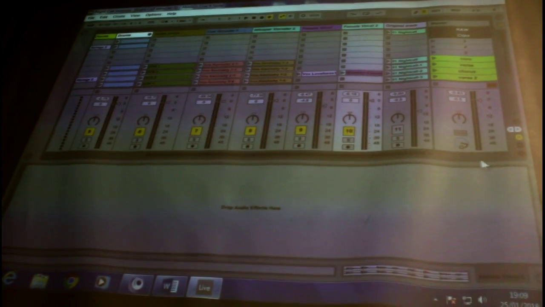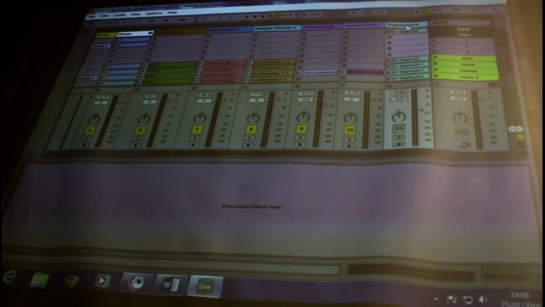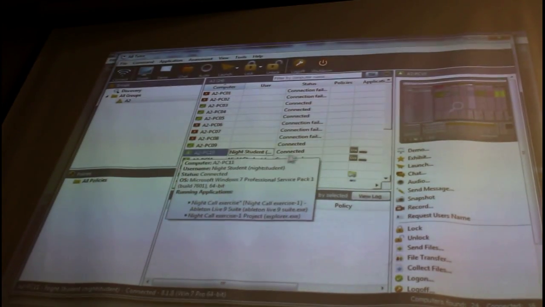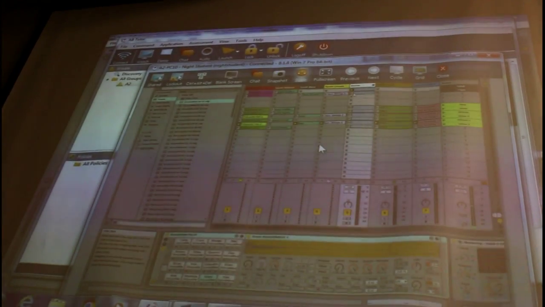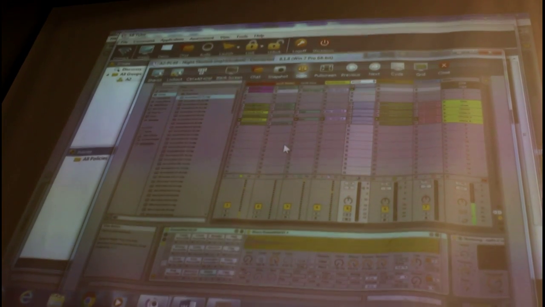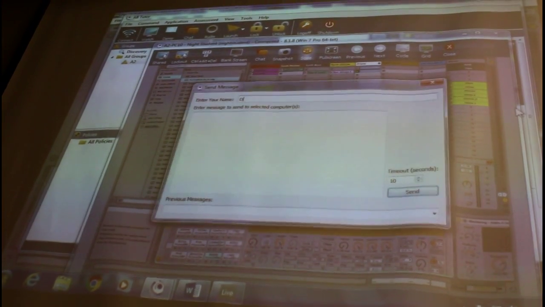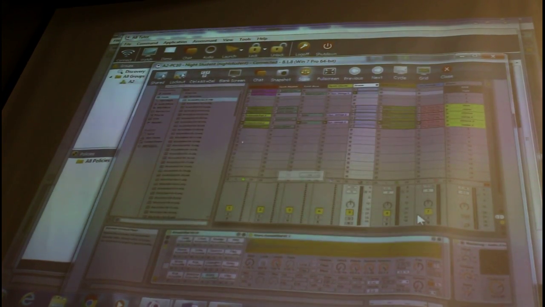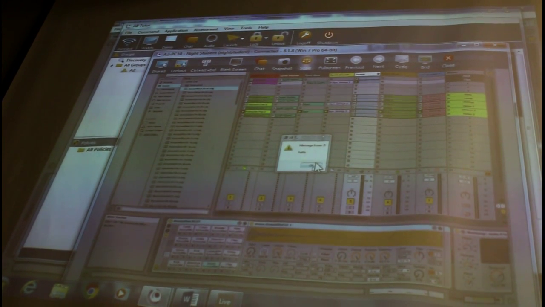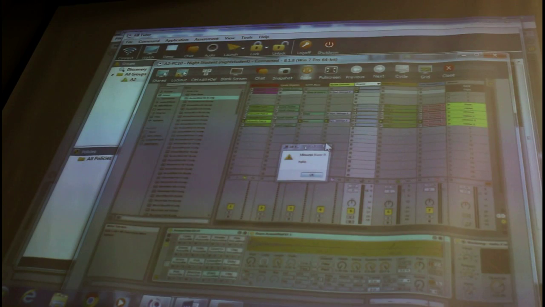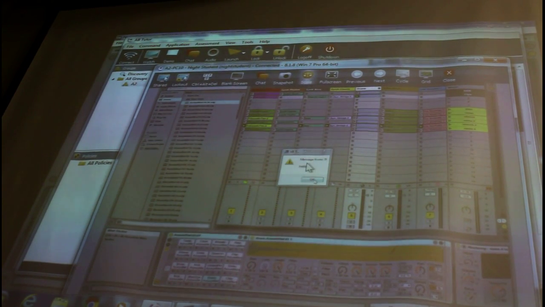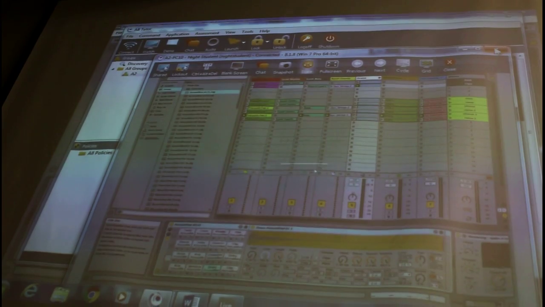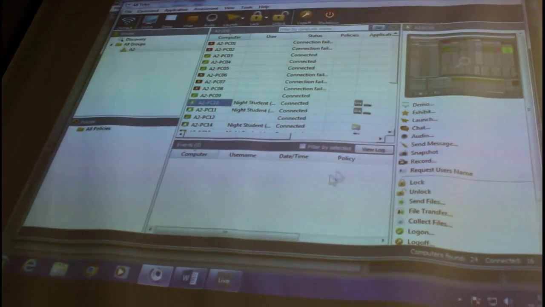And then what we're going to do is look at doing a quick remix of this, if we have some. Basically, see what people are doing on their computers and send messages. So, who's PC10? I'm going to send a message there, and it should pop up on the machine. Can you get that? Yeah. So basically if I see you're doing something, like, don't forget to use the chorus or something like that, I'll be sending messages just on the machine up here. But also, you know, I have to tell you this in advance just in case